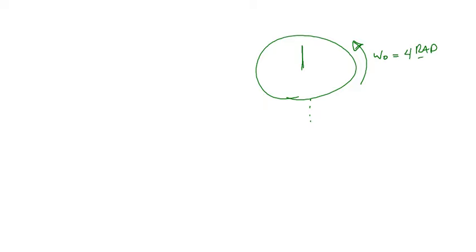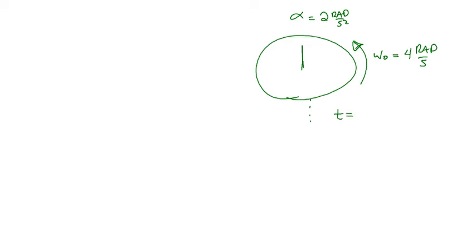Let me actually go back here and we'll do just one or two of these problems so that you can get a feel for how those would work. Let's say that we have some kind of disk that's turning. Here's the axis of that thing, and it's rotating like this at some angular velocity, omega naught equals 4 radians per second. And if I know that the angular acceleration of this thing is 2 radians per second squared,